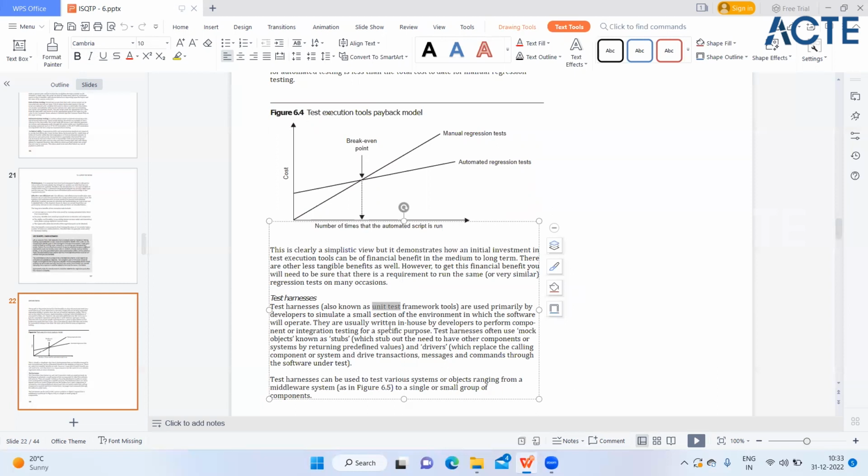They are usually written in-house by developers to perform component or integration testing for a specific purpose. Test harnesses often use mock objects known as stubs, which stub out the need to have other components or systems by returning predefined values, and drivers, which replace the calling component or system and drive transactions, messages, and commands through